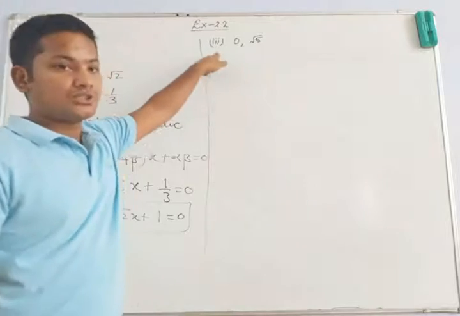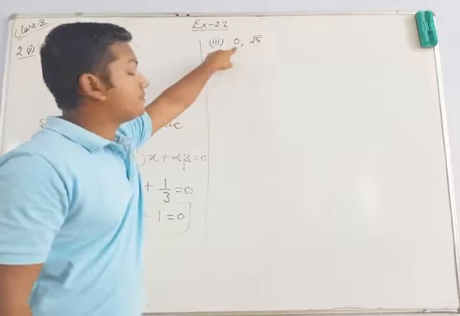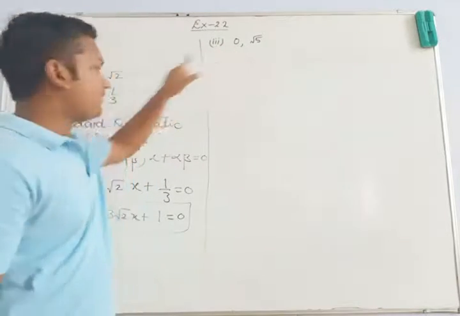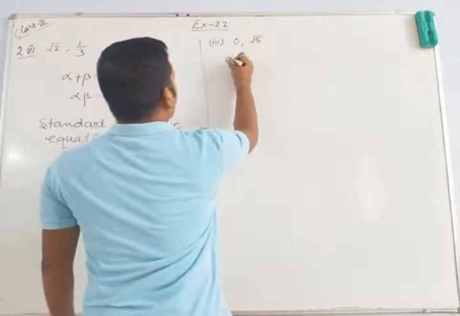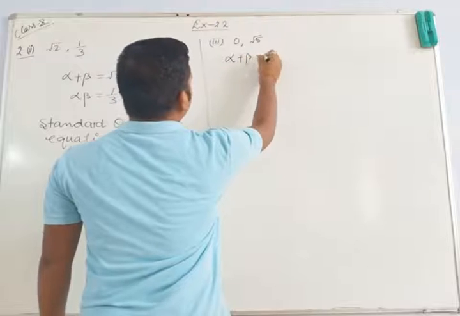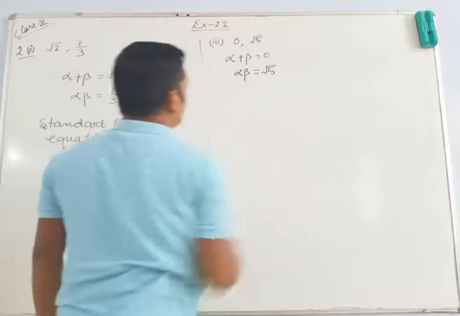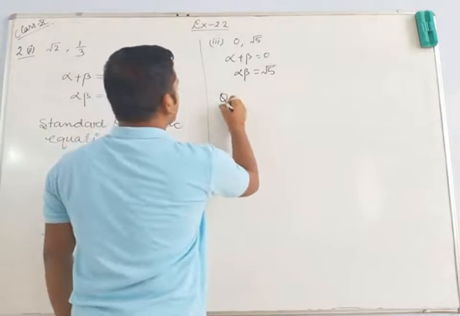Now the third question, same as here. The addition of zeros, the sum of zeros, is given 0 and the product of zeros is given square root 5. So first of all we will write alpha plus beta equals to 0 and alpha into beta equals to square root 5. Okay students, now the quadratic equation